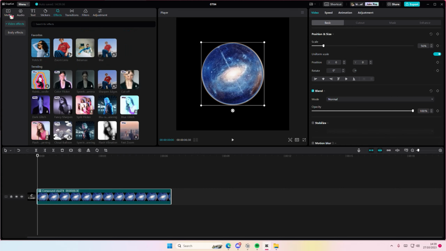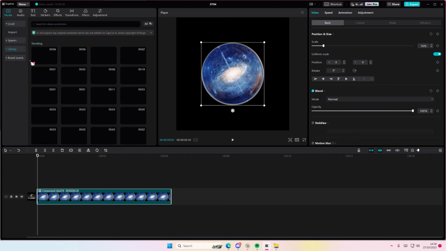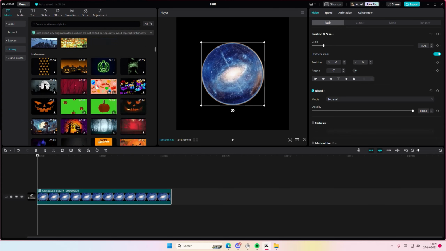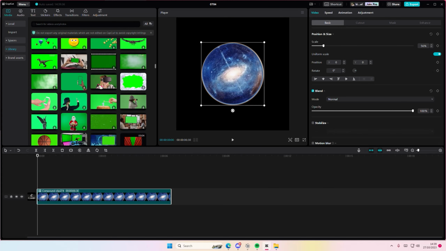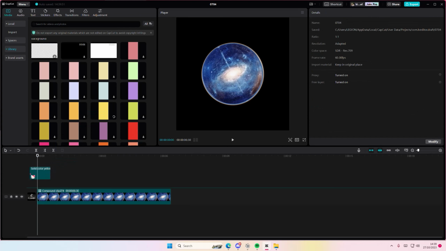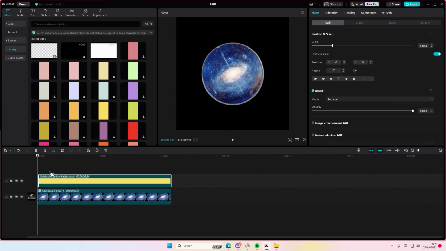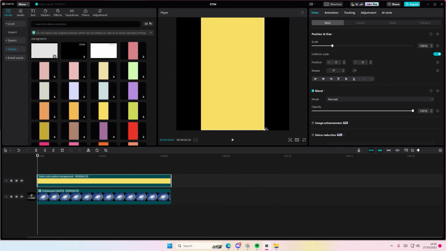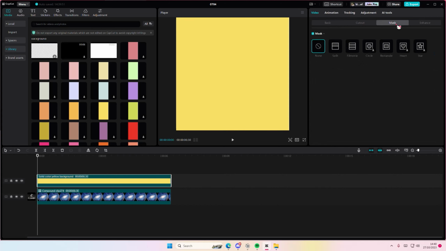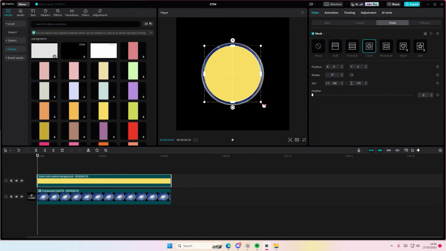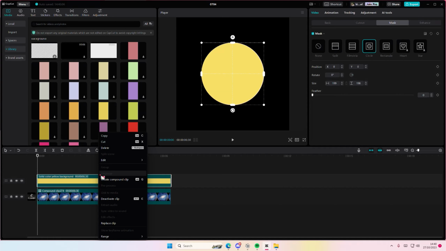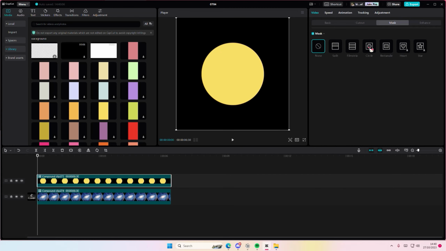Go to media and go to library, and you can add in any color that you want for the highlight of it. Maybe this yellow one would be good. I'm just going to scale it up a little bit. Go to mask, add in circle, adjust it to the whole bit, I guess. And then I'm going to right click, create compound clip, and I'm going to select circle again,